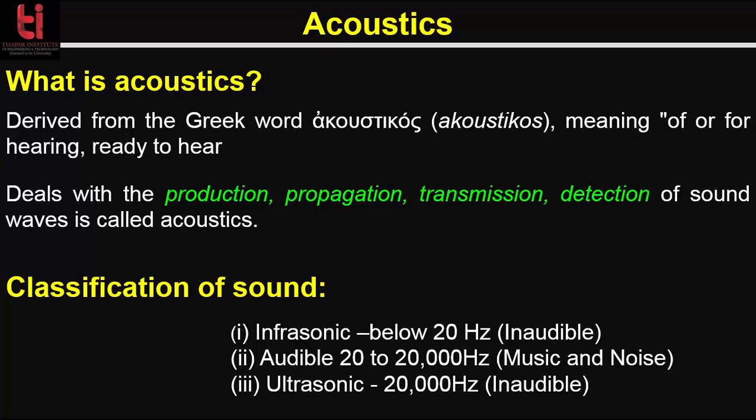The low frequency sound which the human ear can't detect is known as infrasonic sound. Sonic is actually the Latin synonym, after which the term sonics used to be a synonym of acoustics. The higher range inaudible frequency, that is above 20 kHz, is known as ultrasonic sound. So anything between 20 and 20,000 Hz is audible sound.